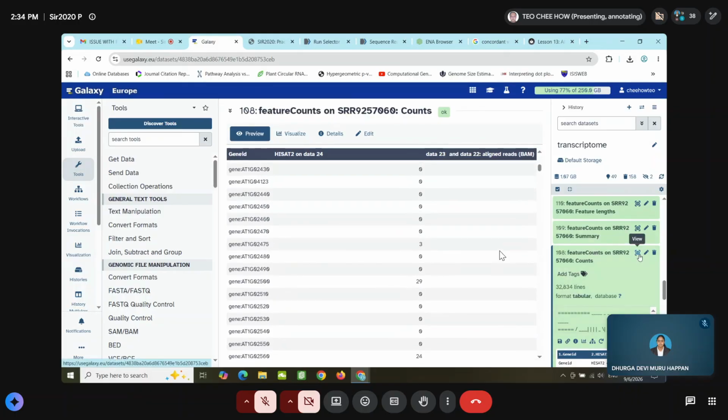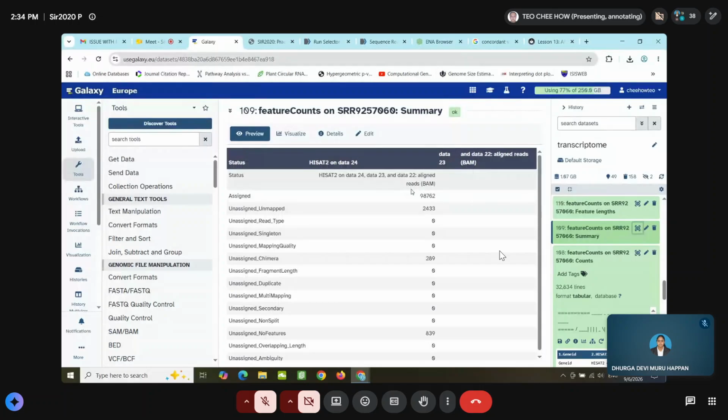And you also have this summary. So in the summary file, this is the summary file, they will tell you how many reads, how many fragments. So you have to times 2. How many fragments are assigned to the features? It means how many fragments of your RNA-seq data aligned to the exon features.